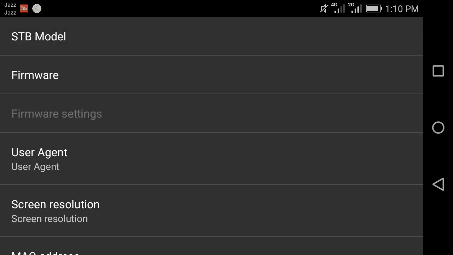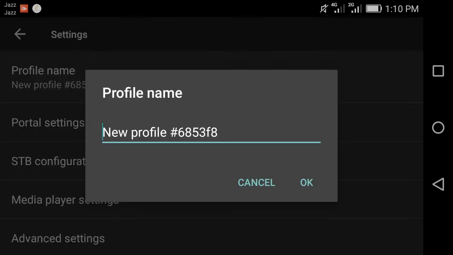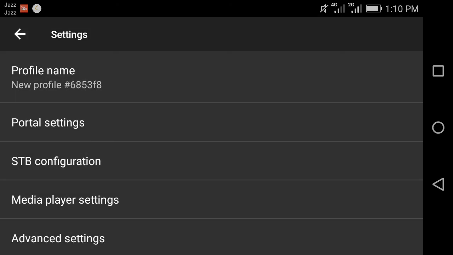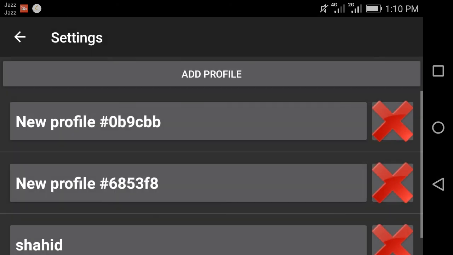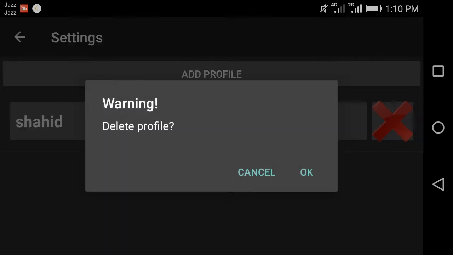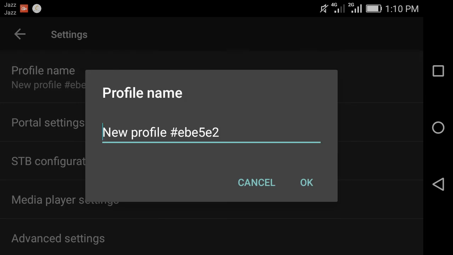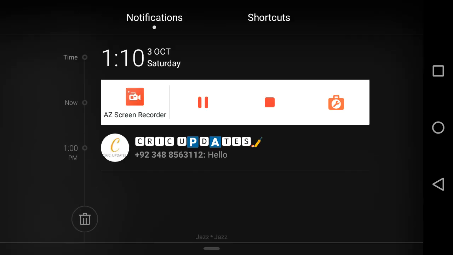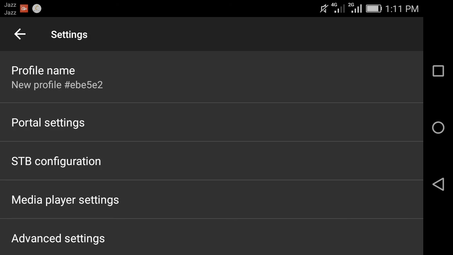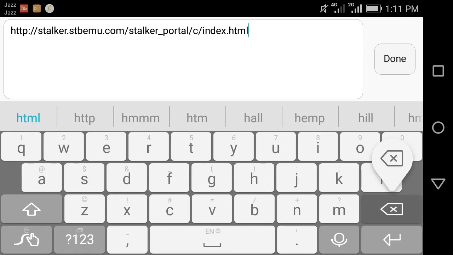Next from this video is sharing with next profile. Next from is profile edit. From this is first from delete and add the profile. From this is profile with name is. Next from portal setting. From this is alt to alt delete and next is